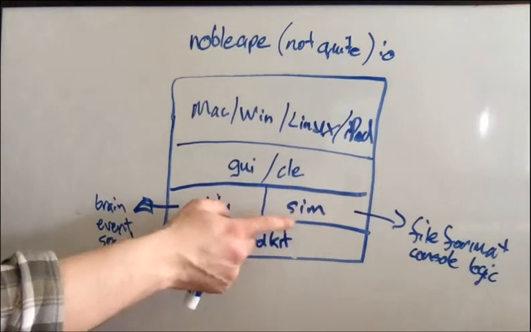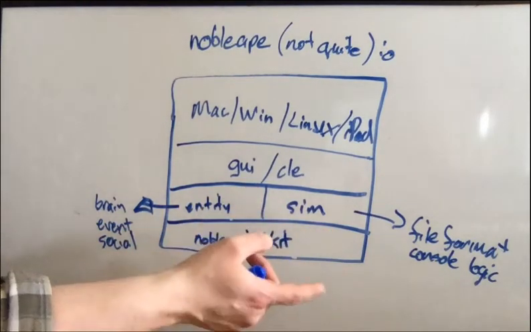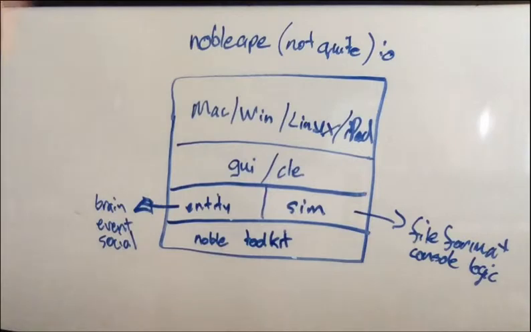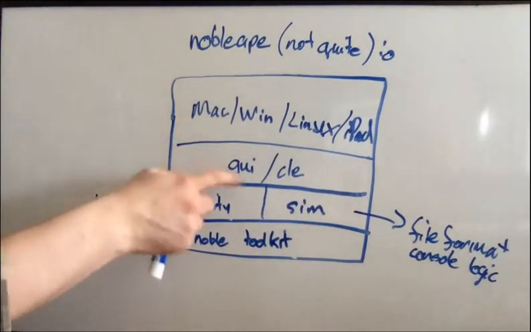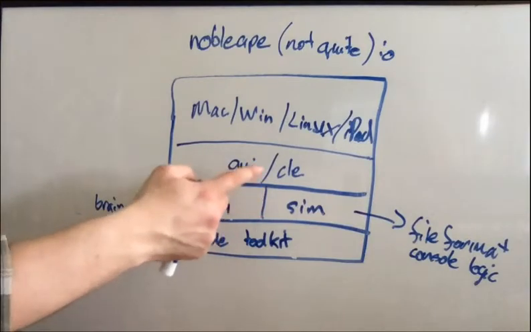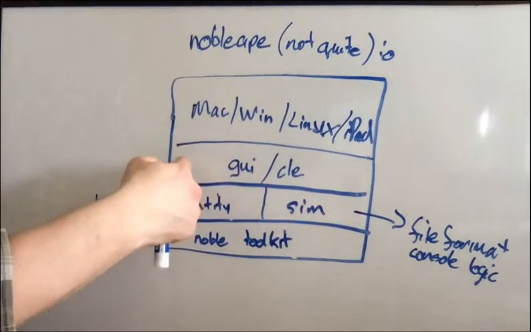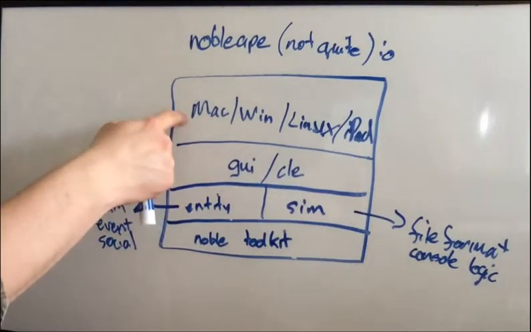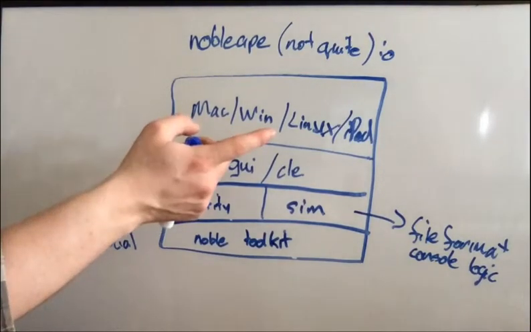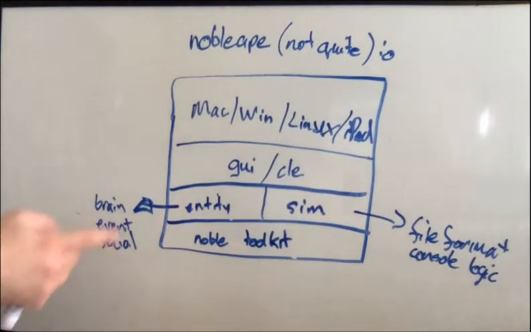You have the broader simulation that contains the file format, the console logic, basically everything that you need to run a simulation. And then on top of this is a GUI and occasionally combined a GUI and a command line environment, or standalone GUI, standalone command line environment. And then on top of this is, whether it's Mac, Windows, Linux, iPad, just basically the platform-specific stuff on top